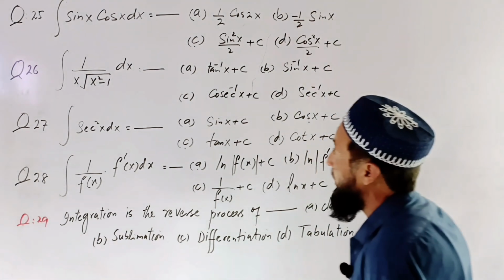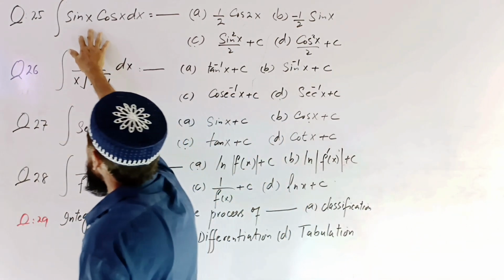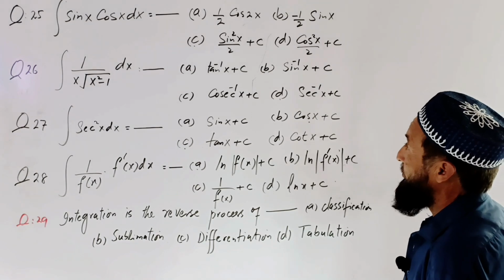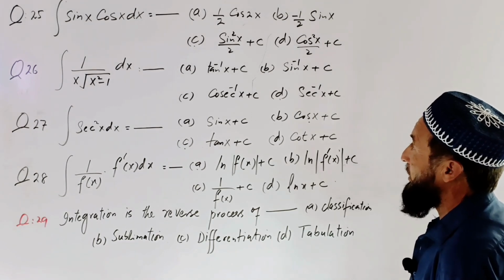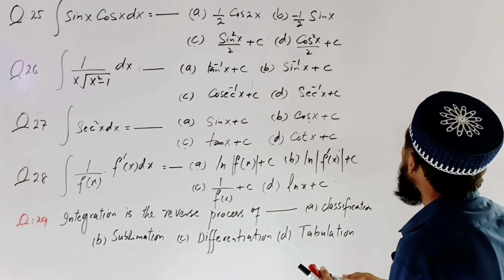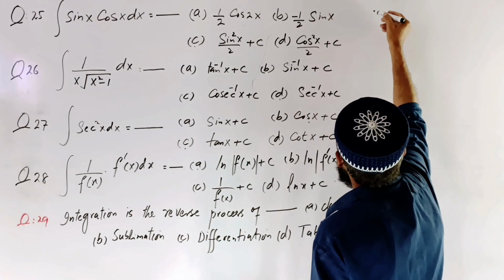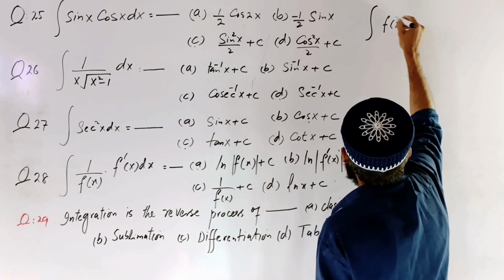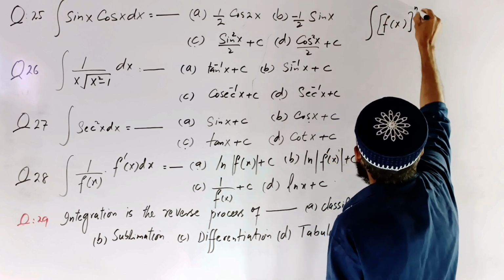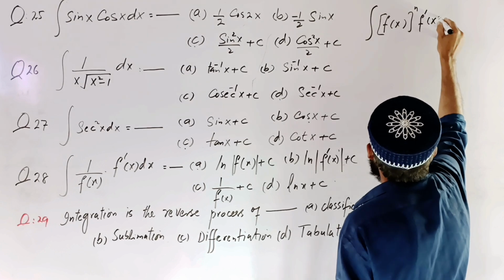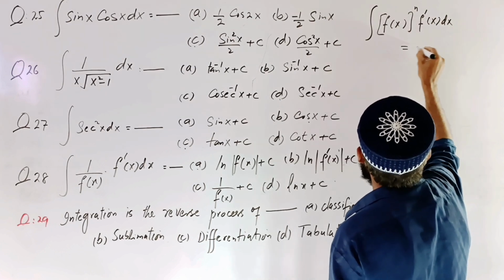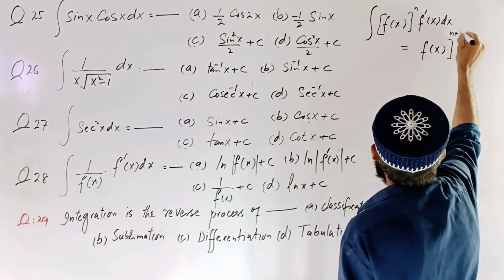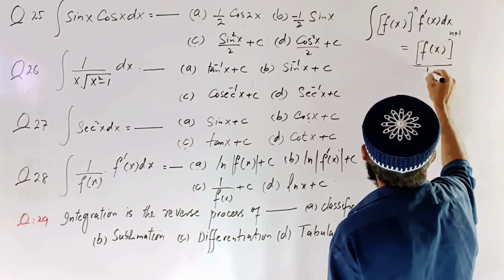So look here, we know the formula for the integration when a function and its derivative are available. That formula we are using here: integration of f of x whole power n times f dash x dx. The result will be equal to f of x whole power n plus 1 divided by n plus 1